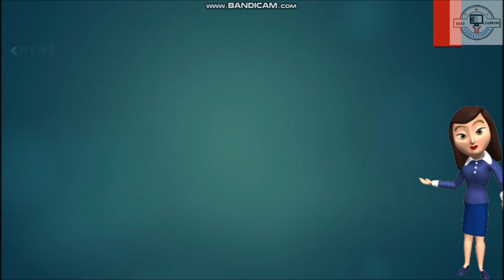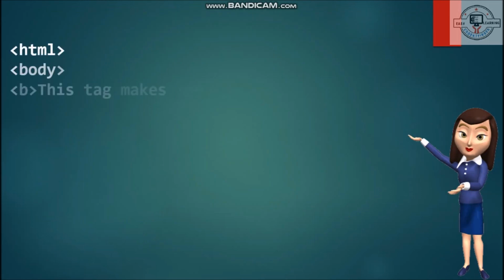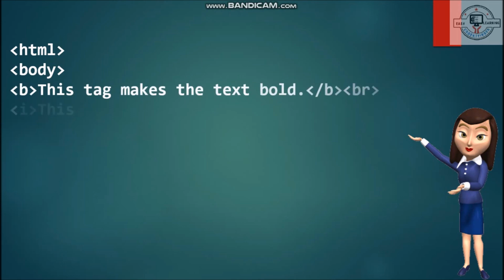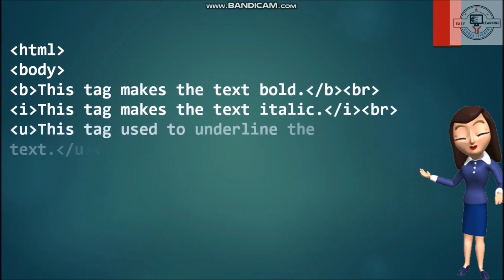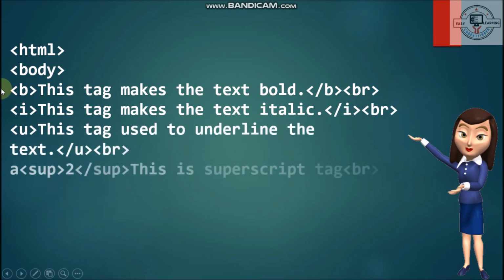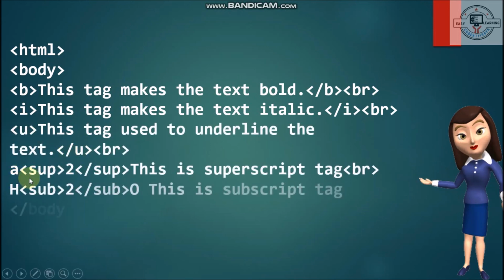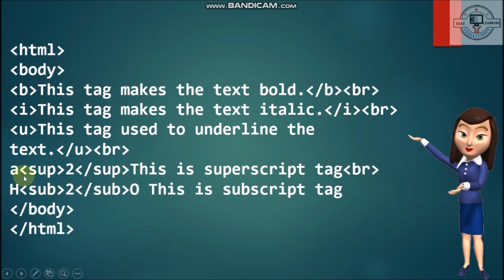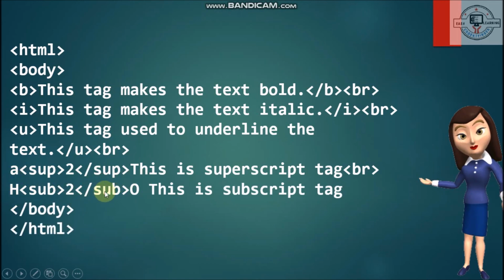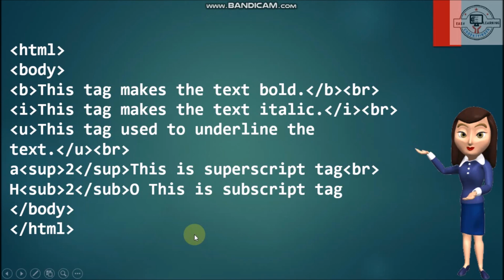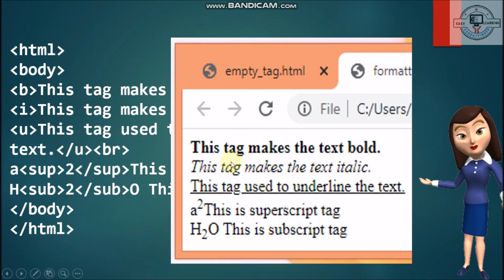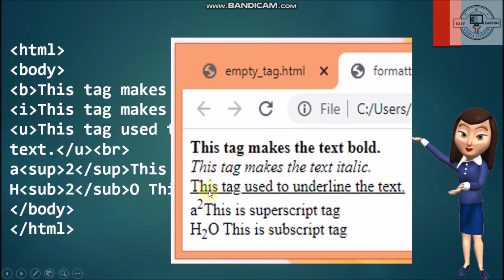This is the example. In this, we can easily see using the B, we are making the text bold, italic, underline. This is the A square. I want to write A square here. This is S2. This is a mathematical formula. This is a chemical formula. So using these tags, we can write the text in different styles. Just see. This makes it bold, italic, underline, A square, S2.